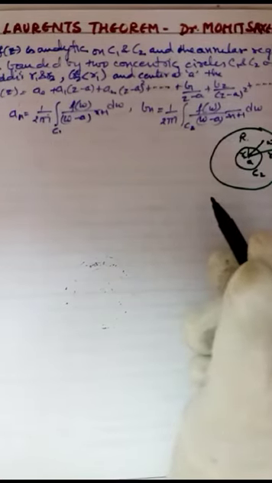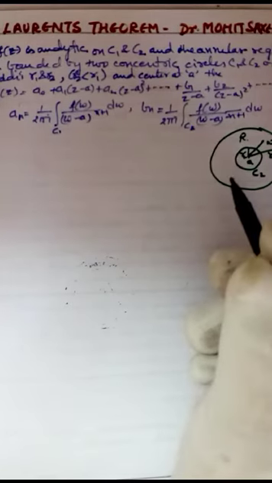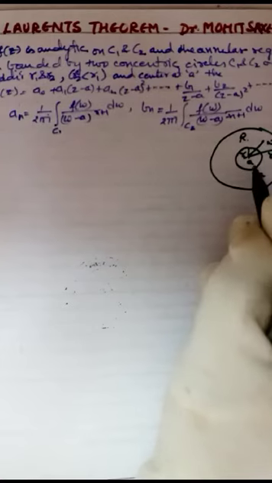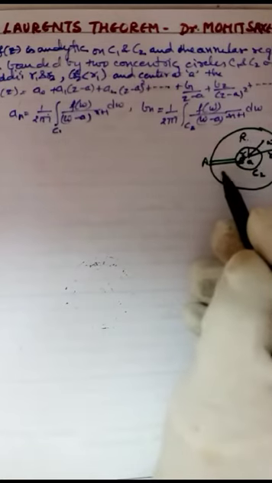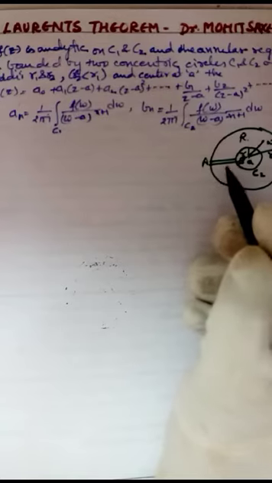Now to prove this theorem, we proceed as follows. We make a cross cut between these two circular contours from a point A to B. By making this cross cut, we turn our multiply connected region into a simply connected region. And now, by Cauchy integral theorem and formula, we can very easily say that